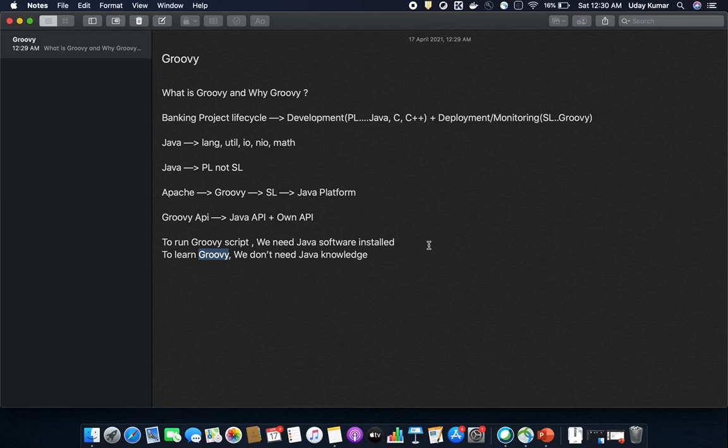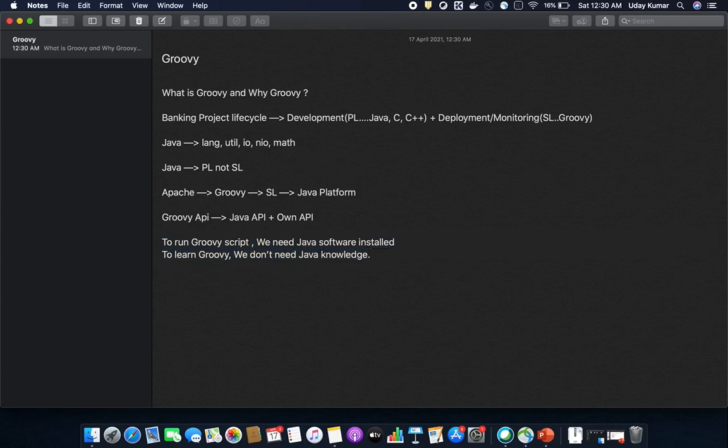It has its own syntax, which is completely different from Java. So to learn Groovy, you don't need Java knowledge, but to run a Groovy script, you need to install Java in your system. So these two points, you need to be very clear about.